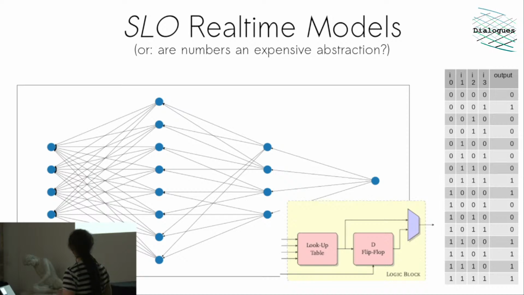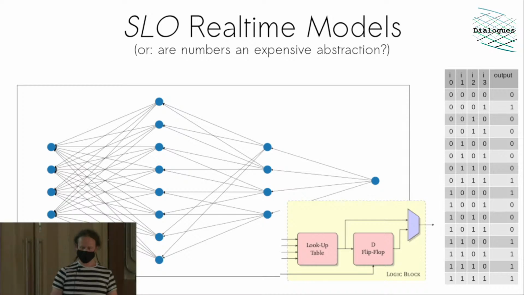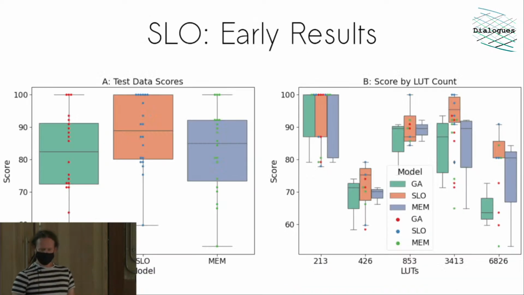So these new networks, they're called SLOW, which stands for Stochastic Logic Optimization, and they run without numbers. So they're really, really super efficient. They're just states on and off. And by configuring logic gates together, you can train these networks of logic gates to perform interesting functions. So you can train a neural network and put it right in an FPGA, put it inside an instrument. So this is really early research at the moment, but the early results are really good.